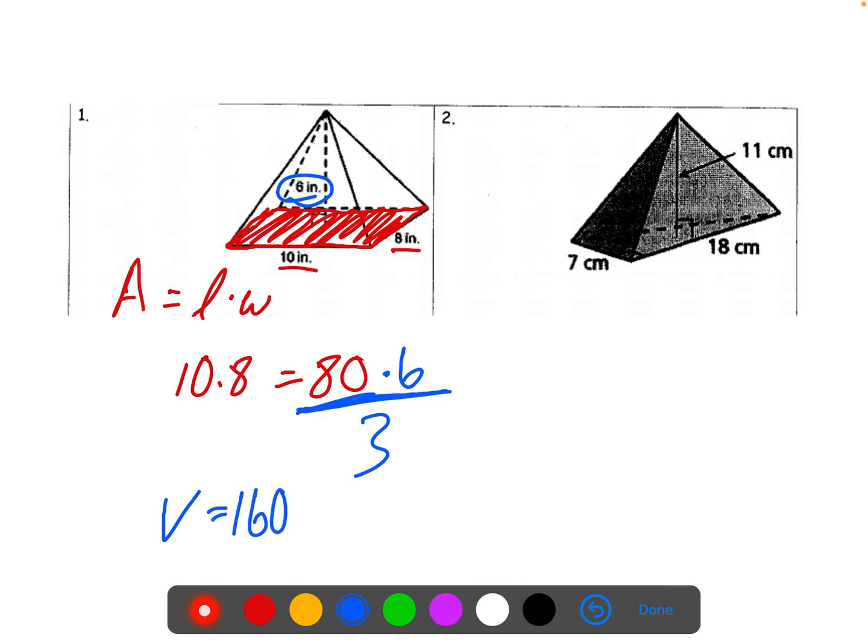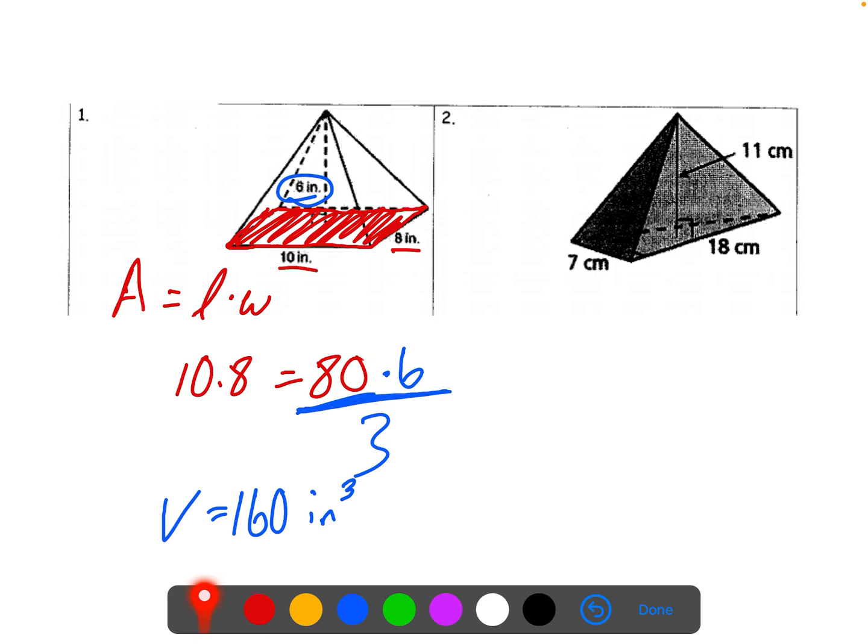And remember, I said in directions to make sure to give your answer with a unit of measurement. We're dealing in inches here, and because we're talking volume, we're talking about cubic inches. That's inch by inch by inch. We have 3 dimensions that we're looking at here when we calculate volume: length, width, and height. All right,